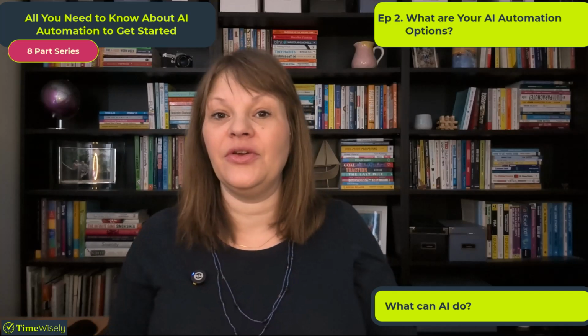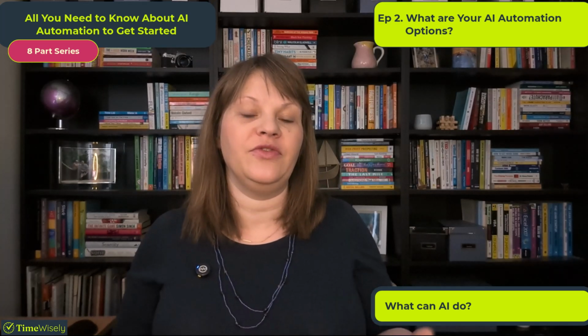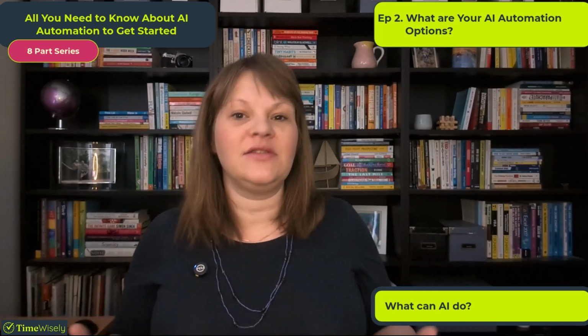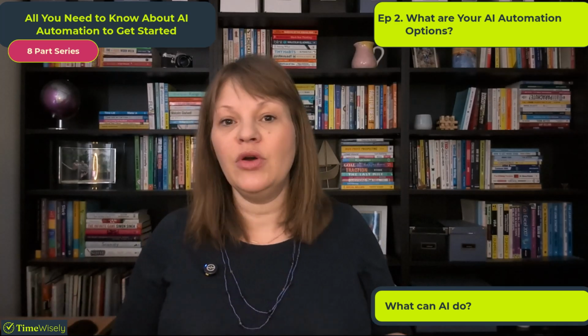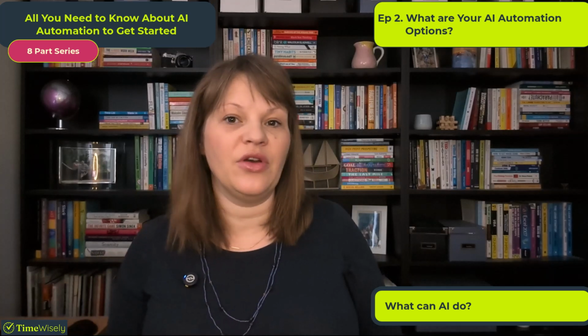What can AI do? Well, the other piece of the puzzle you need to be able to think about what it could do for your business is what can AI do? What skills does it have? What skills can we take advantage of? And there are many, but the six most common ones that I use when integrating AI into common business workflows are